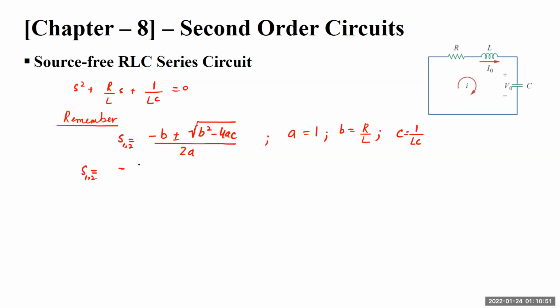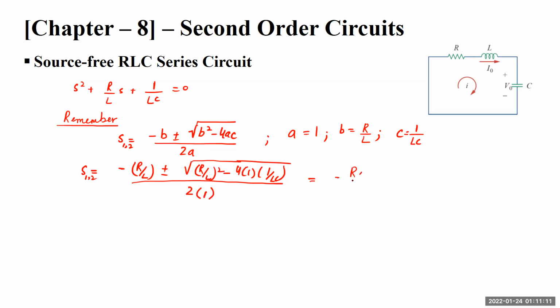S1,2 will be minus R by L plus or minus the square root of (R by L) square minus 4 into 1 into 1 by LC, all divided by 2 into 1. So simplifying it,